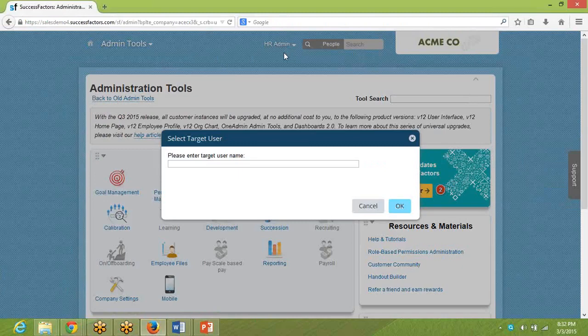As a compensation reviewer, you will be able to do the entire compensation review for your direct reports offline on your desktop. And once you are done with that, you can upload the data or the compensation worksheet into the system. Let me show you that. Let's say Marla Gibbs has